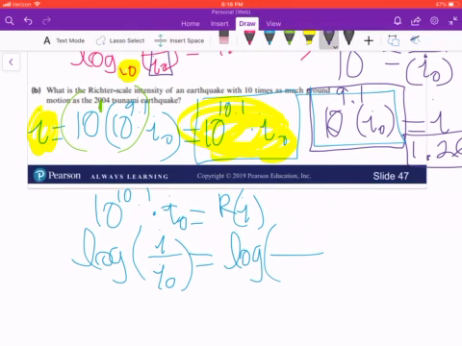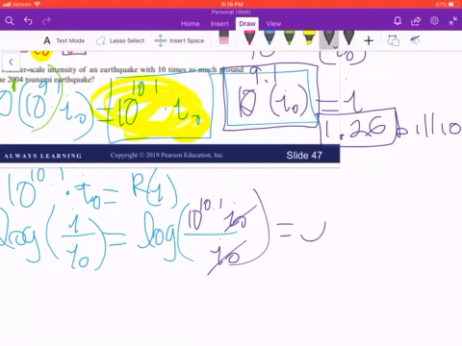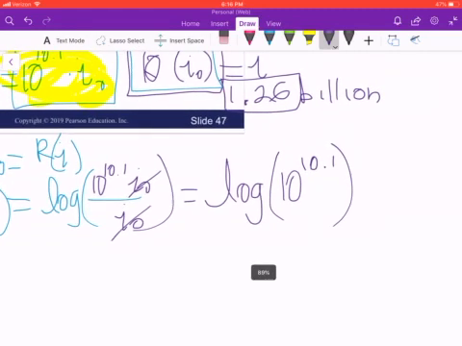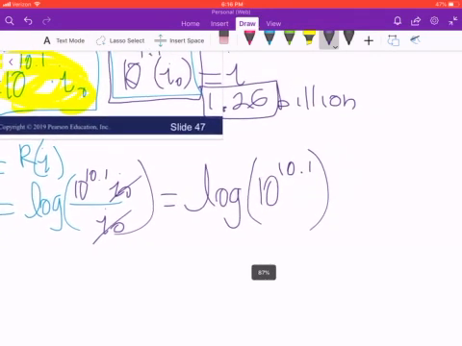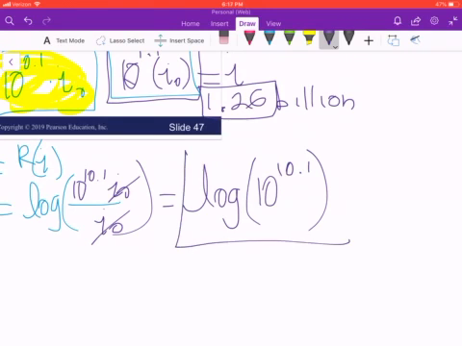So it will be 10 to the power 10.1 I sub 0 divided by I sub 0. This I sub 0 will cancel out, and we will get log of 10 to the power 10.1. So if we take that and use that rule that we learned last class, that this is base 10, we can cancel this, and the answer will be